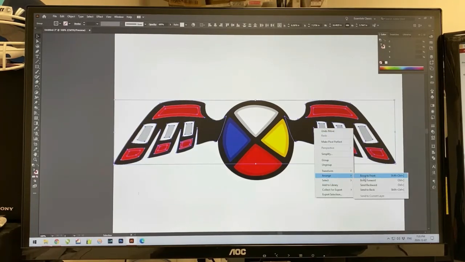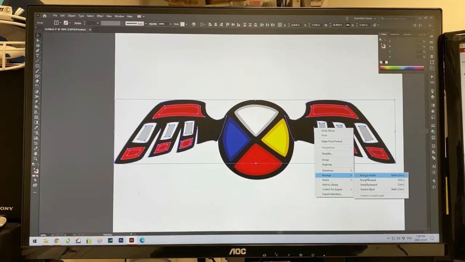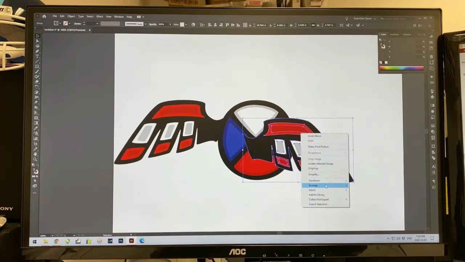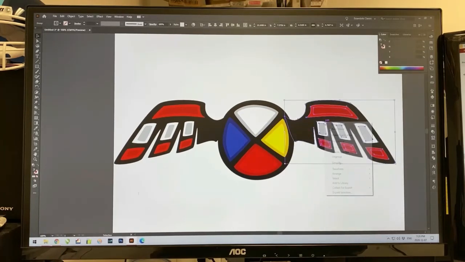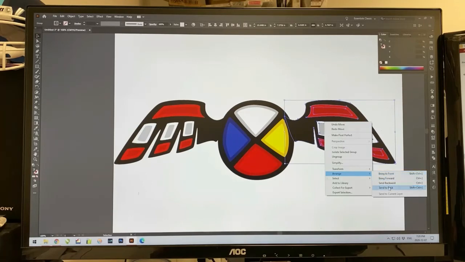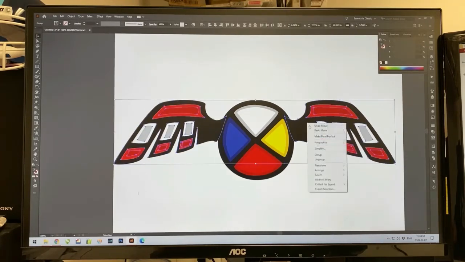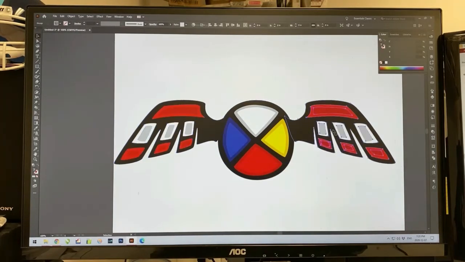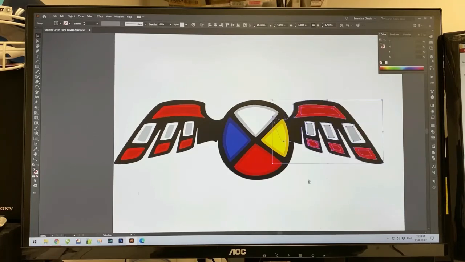Then there's an arrange thing, so bringing to the front means whatever shape you have will come to the front of your page, just like in Photoshop where you got different layers. This also has different layers as well. So if you select it and go to arrange and want to send it to the back, that'll put it all the way to the back, so it'll be the bottom layer, so other things will come out to the front. So I want the circle here to come to the front, so I want to send the wings to the back, and then maybe I want to move them in a little bit like this,